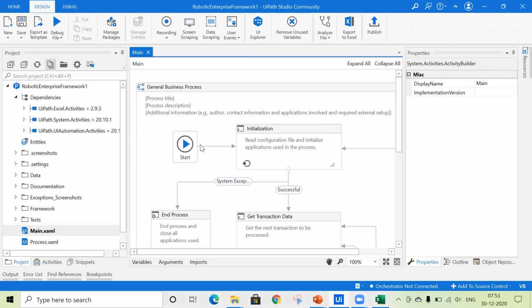And if you open this RE framework, in the initialization state, it will read the configuration file and initialize the applications used in the process. As I told you, in the project folder, there is a configuration file available. So we have to provide a few things in the config file, right? Like folder path, then a particular URL if you are working with any URL, then file path if you're working with any file. So you can put them over there in the config file. And if you open this initialization state,